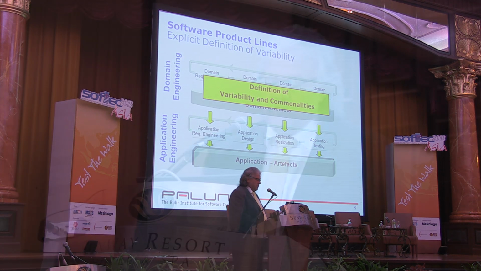And this has consequences, not only in requirements engineering and design, but also in testing. And in application engineering, you are forced to reuse these commonalities. So you can't change them, because if you change them, the whole approach will not work. And in addition, you bind the variability, so you bind the variation points to the variance which a certain customer wants. A red car, a green car, a car with 500 horsepower or with 100 horsepower, a sedan or a convertible or whatever you have.